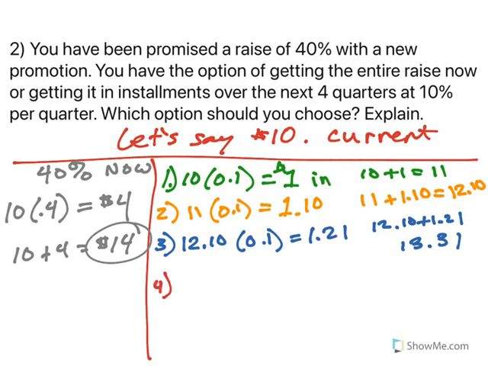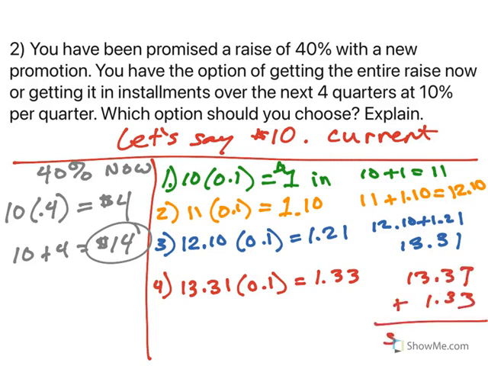And then the fourth quarter comes around and I take my $13.31 times my last raise and I get $1.33. So I would take my $13.31 plus $1.33, and finally for the fourth quarter I'm earning, oh my gosh, I can't add. This should be a 4, right? Because that's a 1 and a 3. Okay, so $14.64. So for the fourth quarter, you can see,